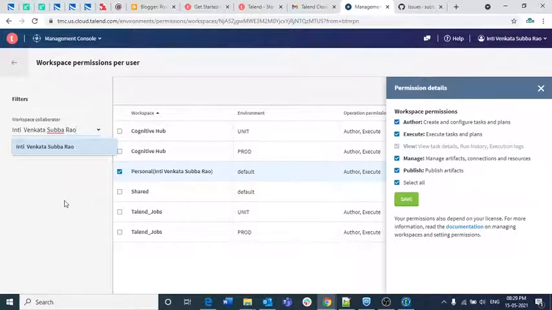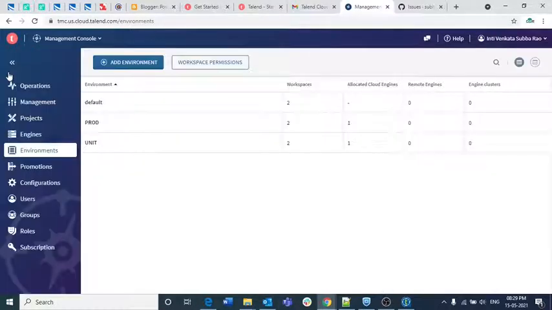Instead of only my name, you can have all the three options, and you can assign all the permissions here by clicking on this workspace permissions. But for now we have only one proper user, that is mine. So that's why it is automatically created and shared with that name.